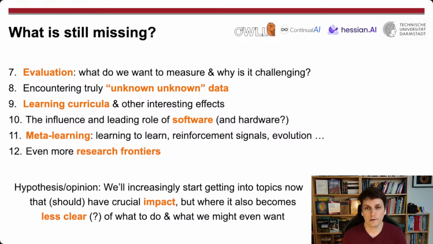And after we've talked a little bit about this evaluation part, we can then transition to what I would personally refer to as some of the less clear topics, less clear in the sense that we will increasingly have less of a solution of how to approach this that's somewhat unique. There's not really much of a consensus of this is the way to think about it, or not even these are the 3 ways to think about it, but really just exploring the open space, starting with the idea, speaking of open, of what will happen when we encounter unknown